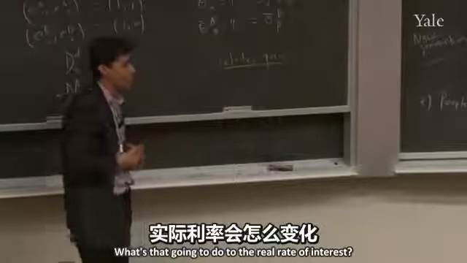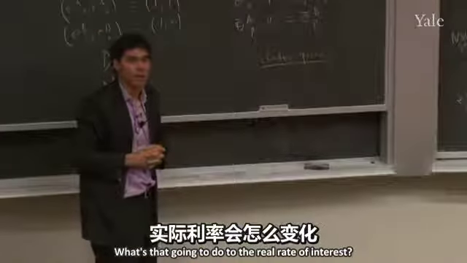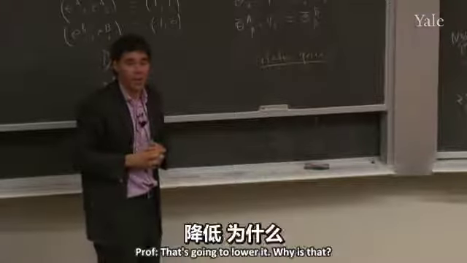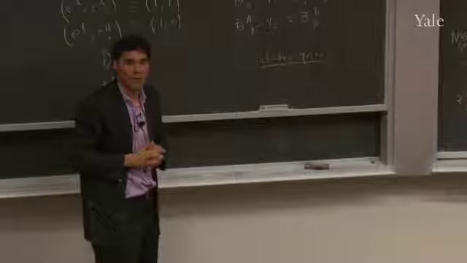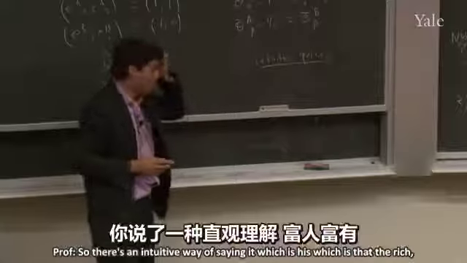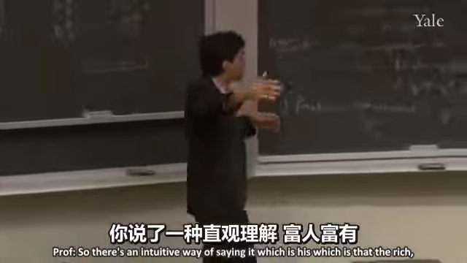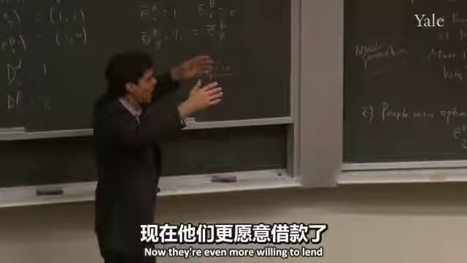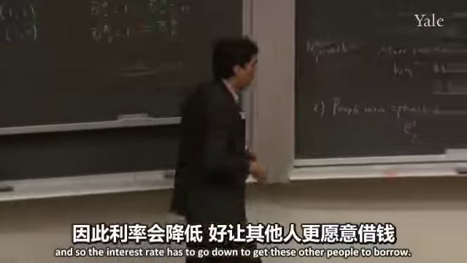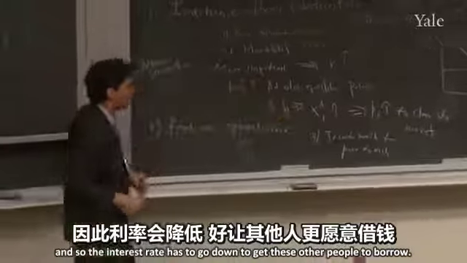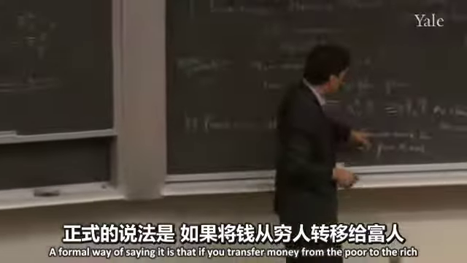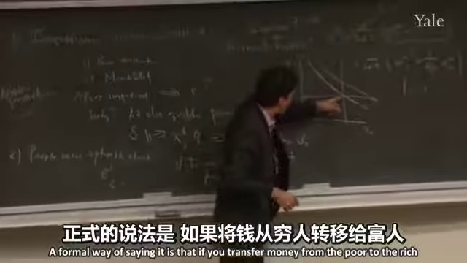What is that going to do to the real rate of interest? Okay, hang on a second. Yep, that's going to lower it. Why is that? Okay, there's an intuitive way of saying it, which is that the rich, because they're patient, are probably the lenders. Now they're even more willing to lend, and so the interest rate has to go down to get these other people to borrow. Or a formal way of saying it is that if you transfer money from the rich to the poor, okay, that means